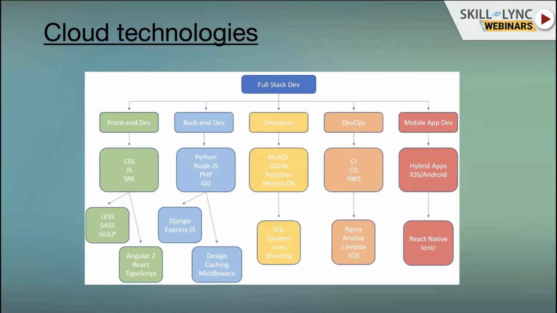Parallelly, Python also evolved, and then there is a technology called Node.js, and now more people are using Golang as well. So in the backend, you have a lot of options for the range of technologies that you can use. In the front end, you don't have that much option. In the front end, you just have HTML, CSS, and JavaScript. But in the backend, you have a lot of options.